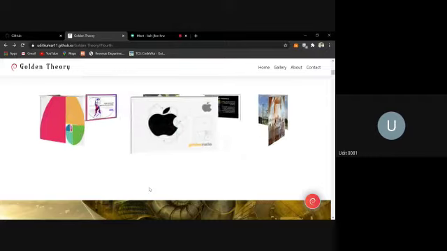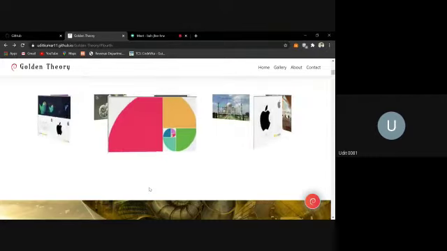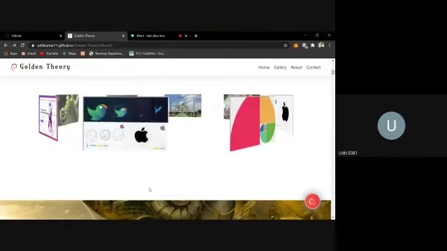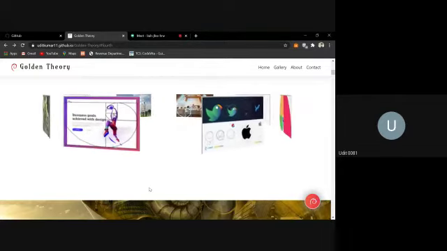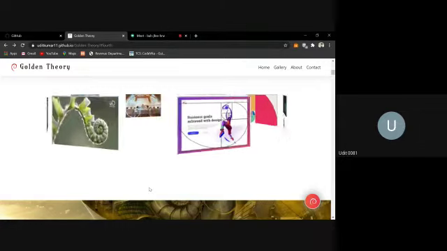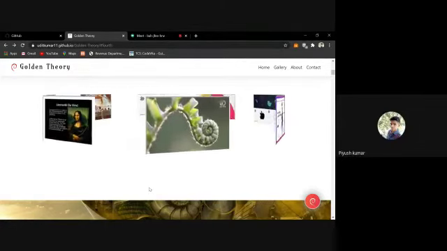I rotated them to make a kind of 2D circle on the X and Z axes, and then using keyframes I rotated that whole div by 360 degrees. It gives a great rotating effect, which is pretty cool.